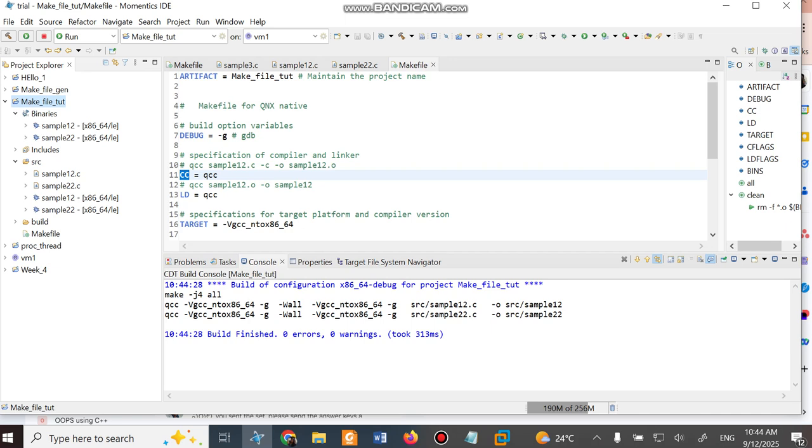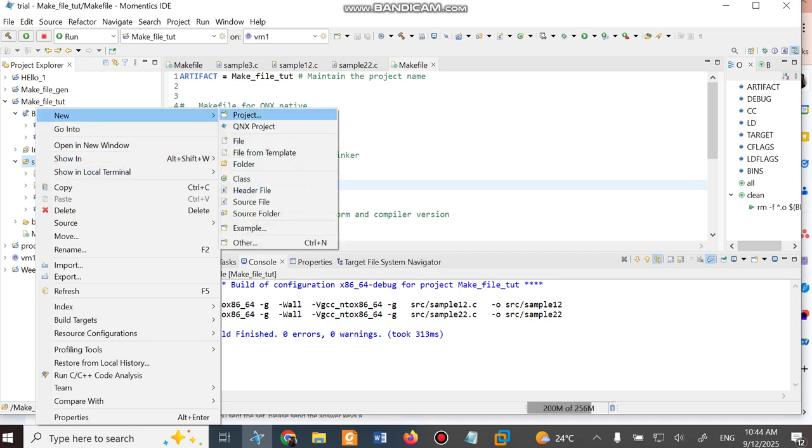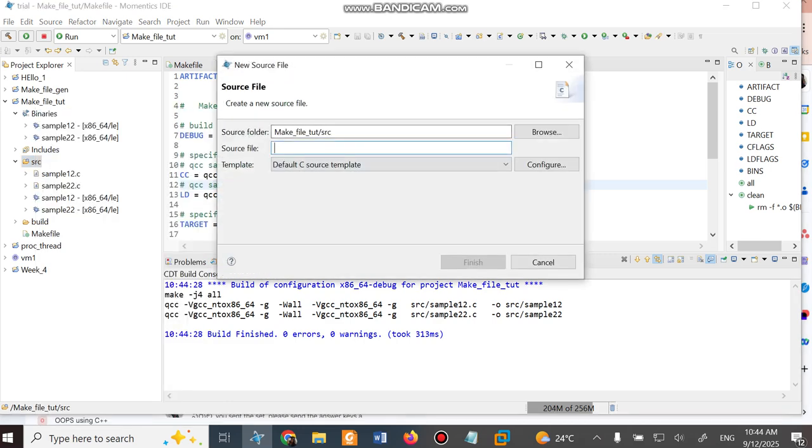So finally we are creating the object file. Assume that you are supposed to create one more file, say in source, create one more file, sample3.c.